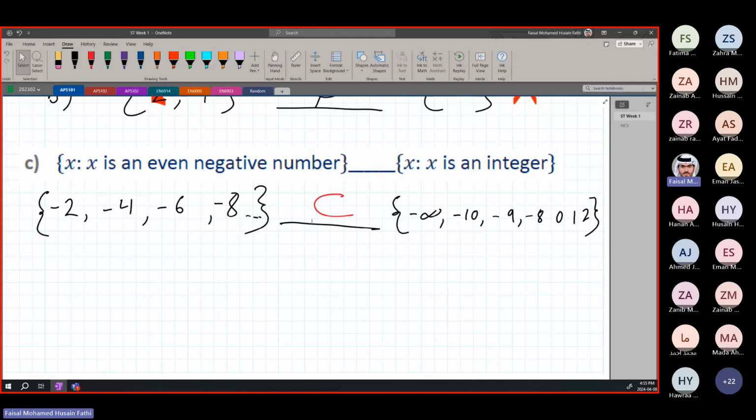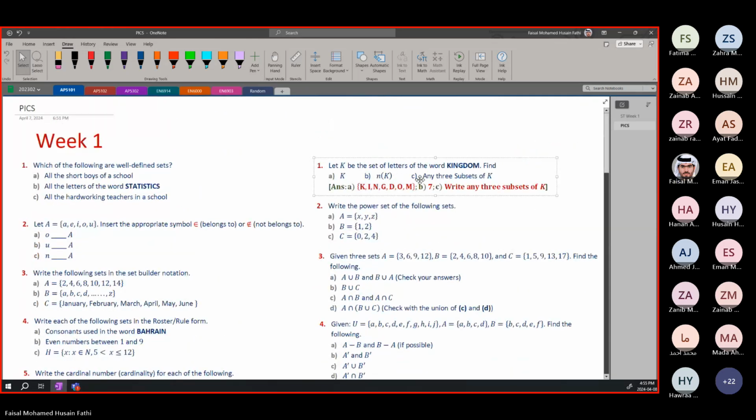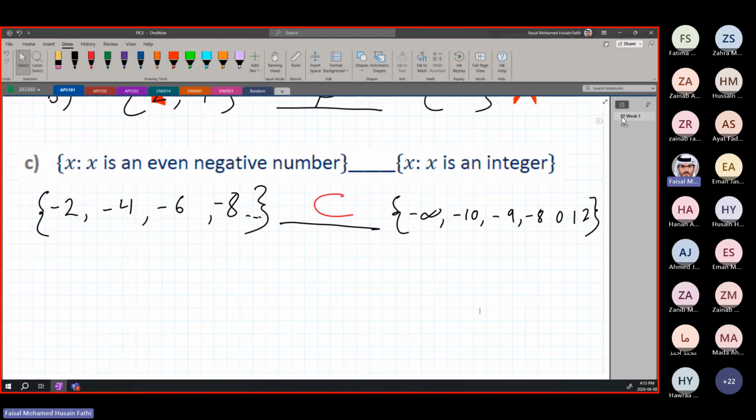All right? Again, you need a little bit of logic to understand some of these. But with practice, you guys will get better and better at this. Okay? Any questions so far about the first worksheet so we can move on to the second one? Any specific concept that was not clear?